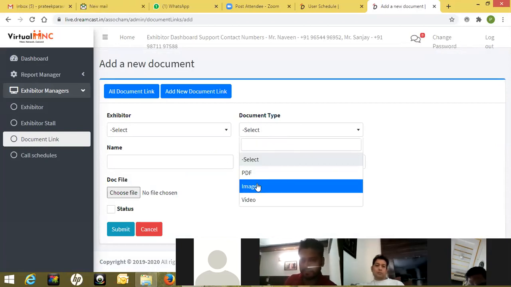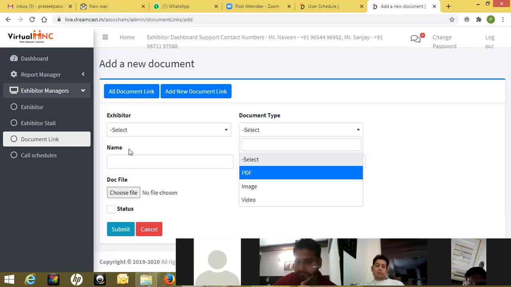Now in this we have multiple video uploading options. Earlier, when we were on the exhibitors page, I had shown you that there was a video link. That very video link will only be available on the TV screen once anybody comes in on your booth, and if he clicks on the TV screen, only that video will be played. But apart from that, whatever other videos you want to upload, you can upload from here, and those will be shown in the tab which will be next to your booth. That also I'll give you a view of.